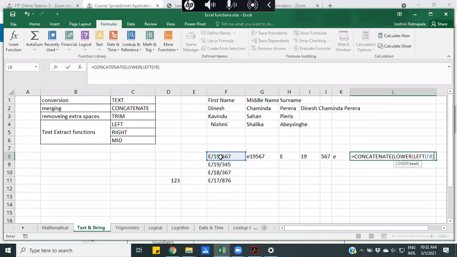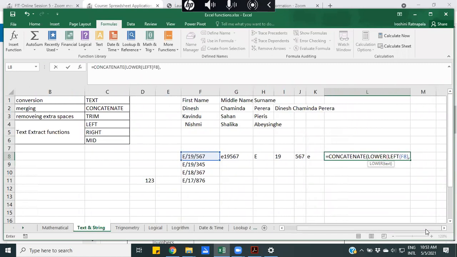So that is the first part of my concatenated text. And I had to use a comma. So what is the next part in my text? It is to get 19. To get 19, what did I use? Mid function.